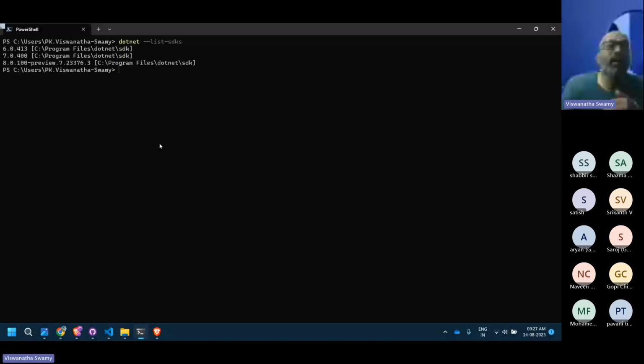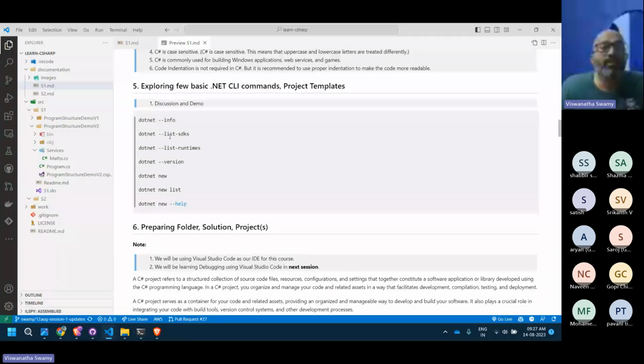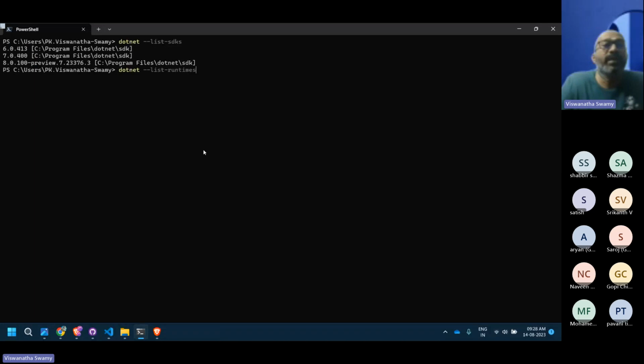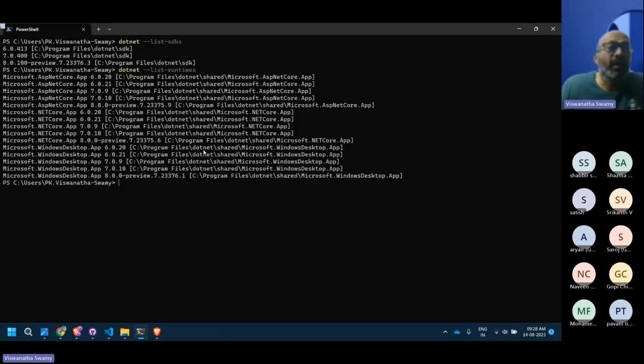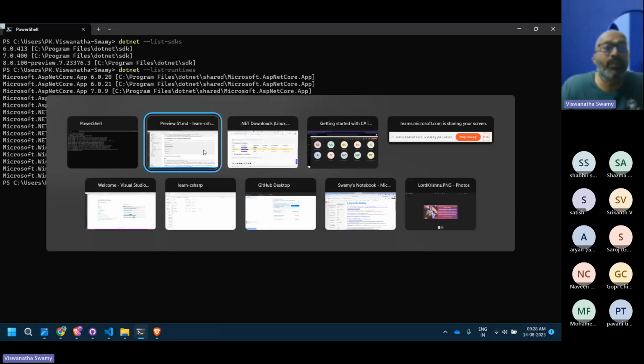When you do that, it shows how many versions of SDKs you have, like 6, 7, and 8. I have all these 3. And we have seen the runtimes, but still let's go ahead and see this one. So it shows what all the runtimes we have.